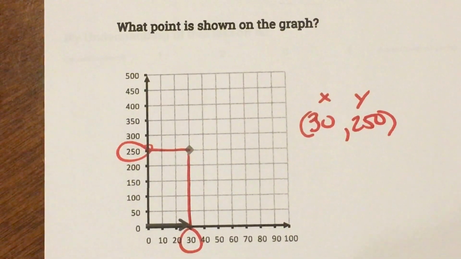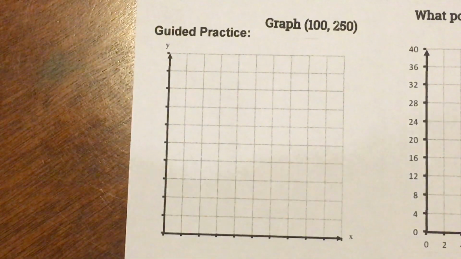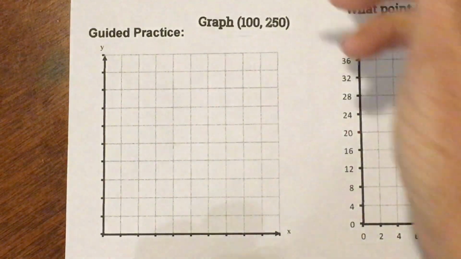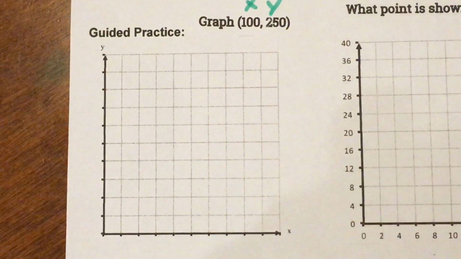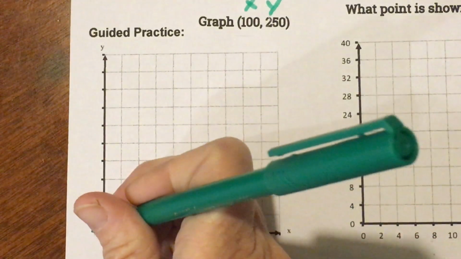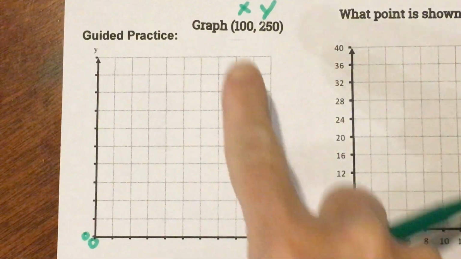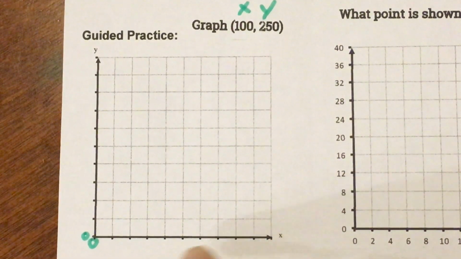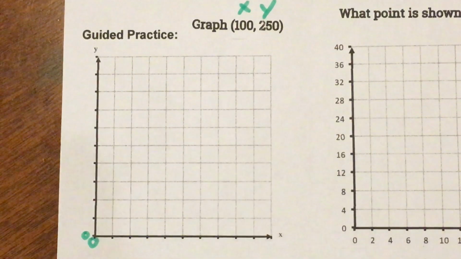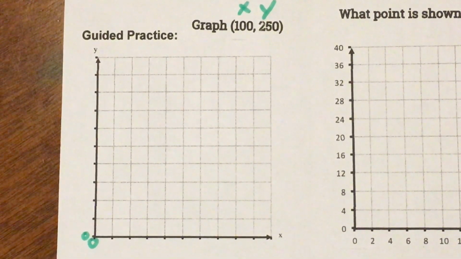Okay, so let's try some. All right. Okay, so this one, before we get started, we're going to label them X and Y. Okay, and let's add our origin, our 0, 0. Okay, so we need my X to get to 100. So I can't count by 1s, so I need a different scale. So I'm thinking I could count by 10s, and I could get 10, 20, 30, 40, 50, 60, 70, 80,